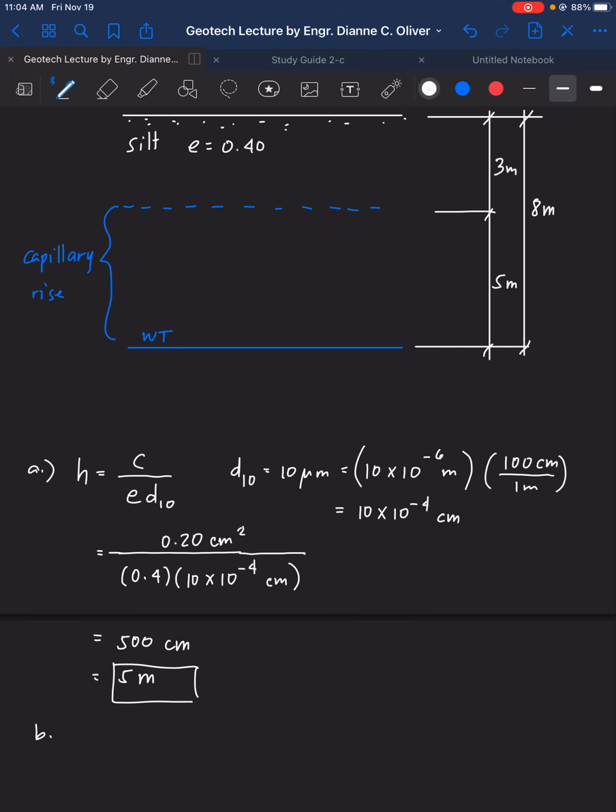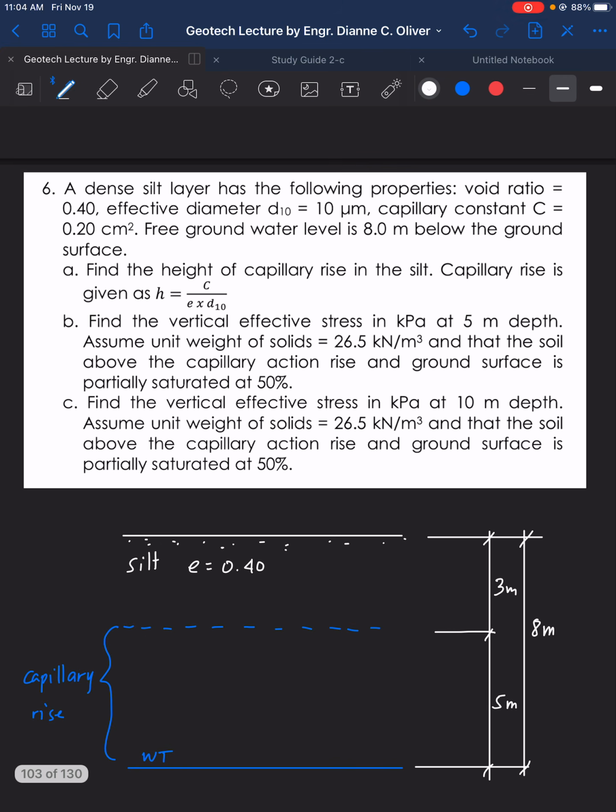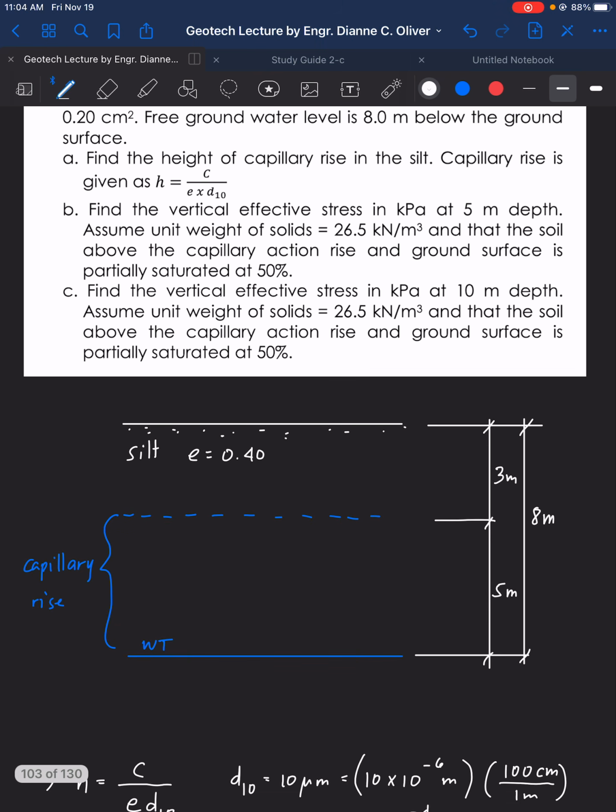Now let's go to letter B. We need to compute for the vertical effective stress in kilopascal at 5 meters depth. So 5 meters depth from here. So we will be deleting some. So at 5 meters depth,